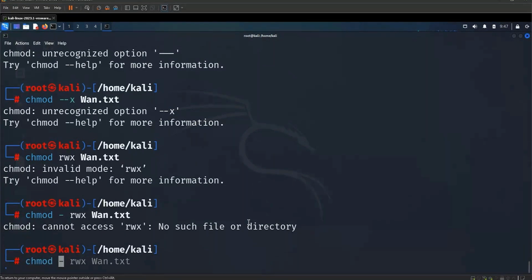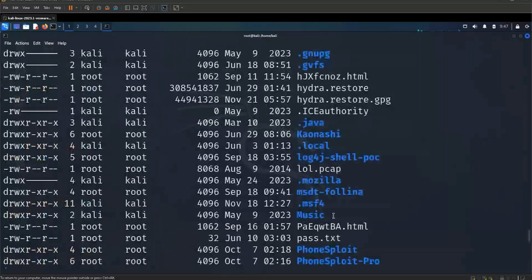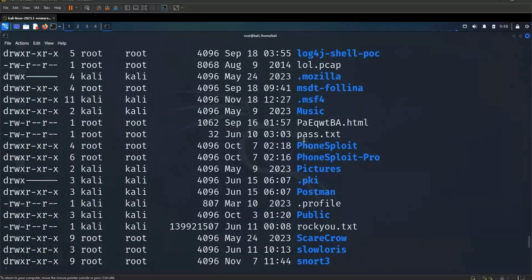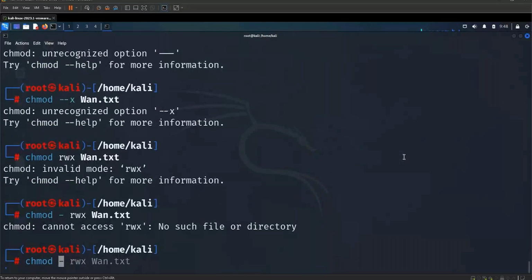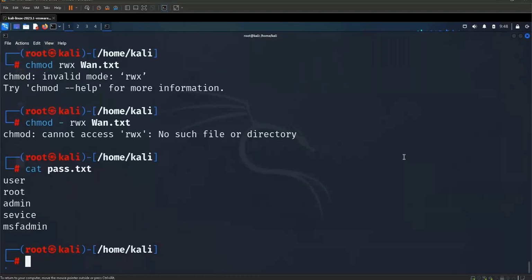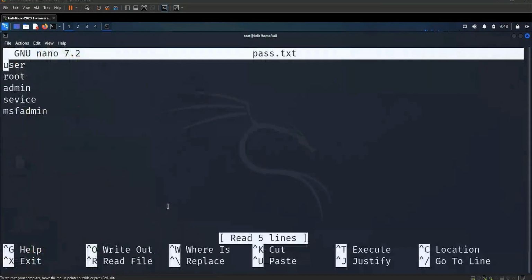Chmod. Okay, this time we will be using another file, like we can use this pass.txt, right? Let me show you the content we are having inside it. So over here we are having the command cat, which will be giving us the content. So I just have a file with the name pass.txt, which contains some default credentials. Along with that, we also have some editors, like nano. Now let's say you want to make some changes inside this file, right? So with the help of this editor named nano, what you can do is